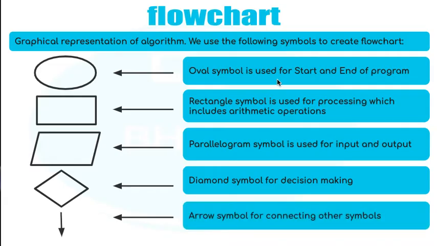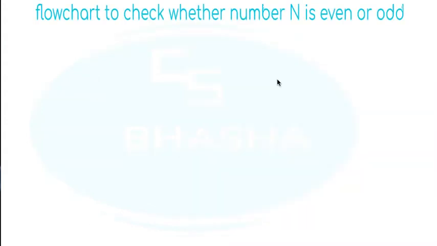I'll just show you. It's very easy to make a flow chart, and you can never go wrong as far as flow charts are concerned if you are very clear about these symbols. So I'll take two examples which will make the concept of a flow chart clear in your mind. Let's take a simple example, because if the concept is clear from this example, you will be able to do other questions like positive or negative number, a multiple of a number, multiple of multiple numbers, and so on. So we are checking whether a number n is even or odd.